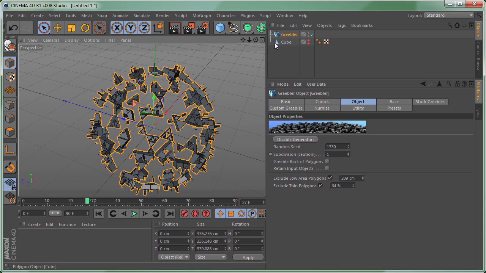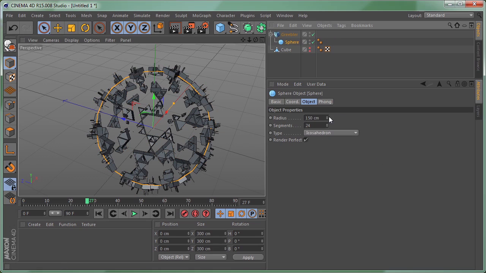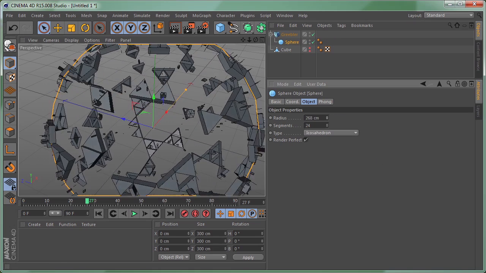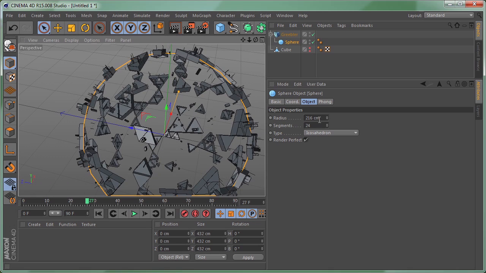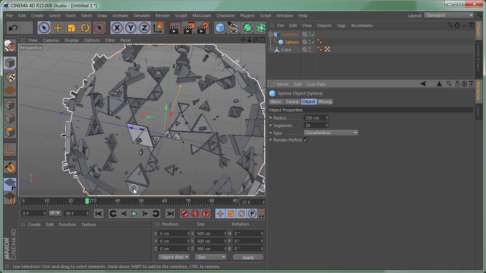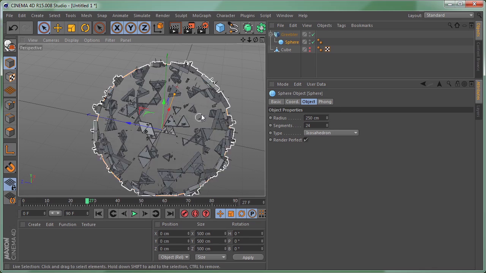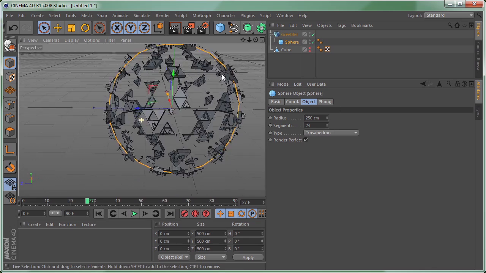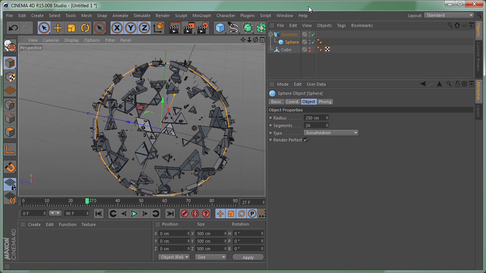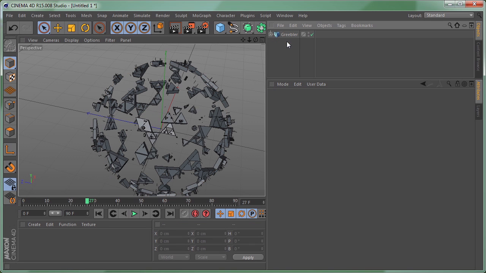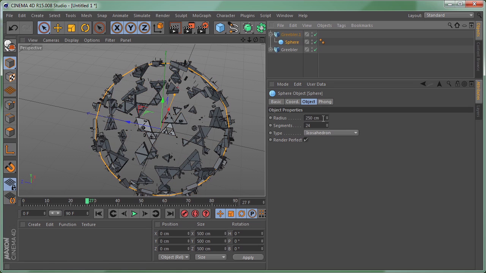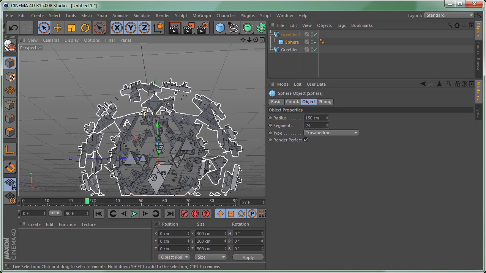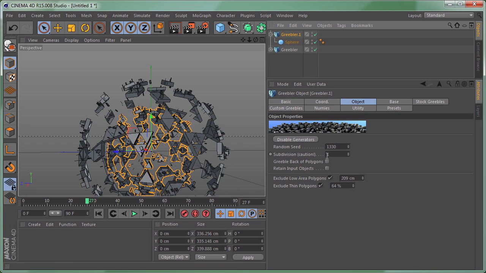So let's select the sphere, and if we increase the radius, it's good that it affects the radius of what we have here right now. So let's set this one to 250, and I think this is good enough. So let's delete the cube and let's create a copy, and let's select the sphere and set it to 150%. Go to the Greebler settings for this and disable these options,